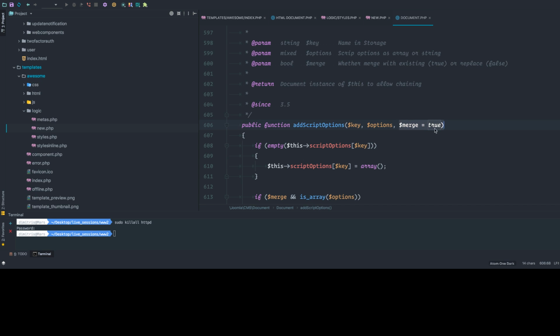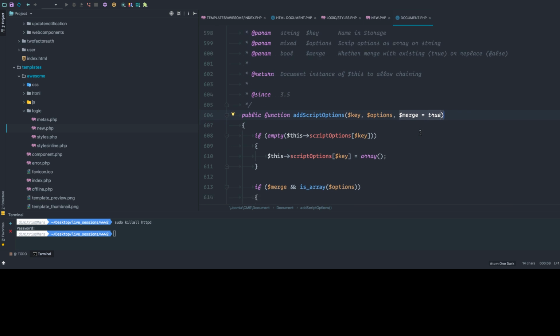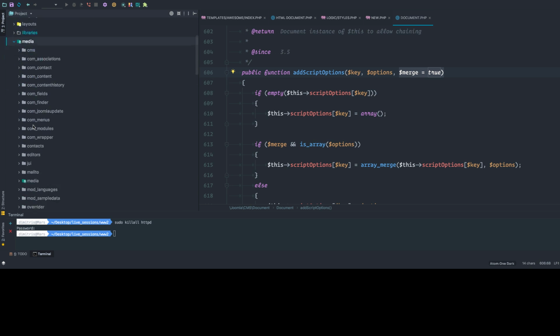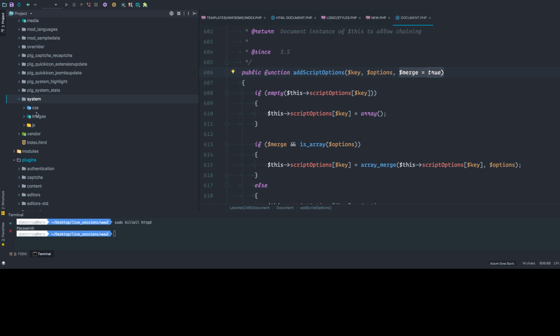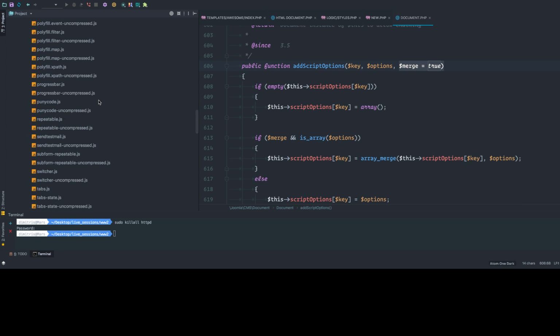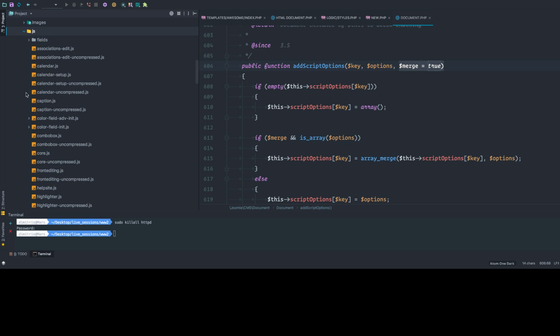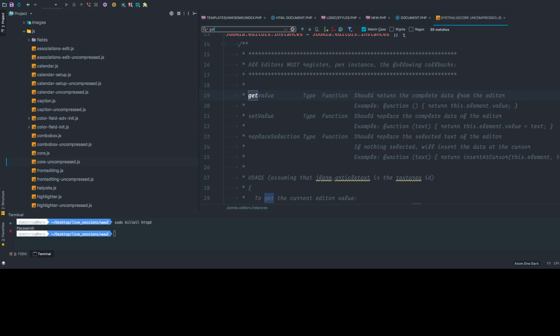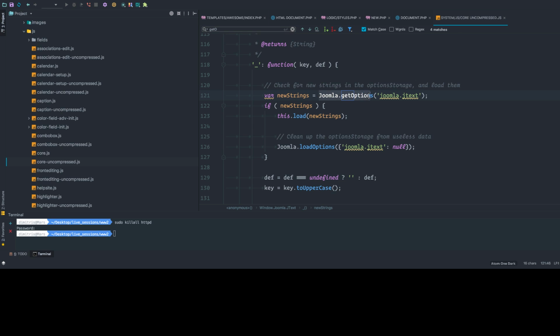The merge is just an option: if you want to extend, that means if you call it next time and you want to just update or add more variables to that, it can also happen. So once you do this, the way that this will work on the client side is that by default this one includes the core.js file, which is this one, and in the core.js we have get options, I think. Yeah, so we have this Joomla getOptions,